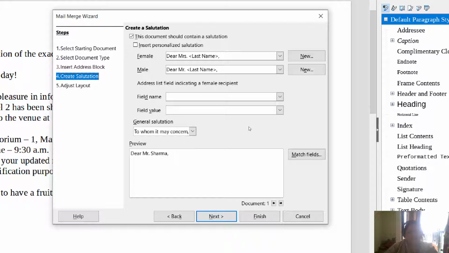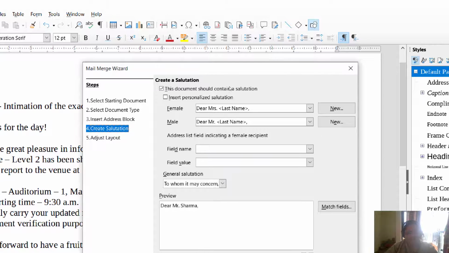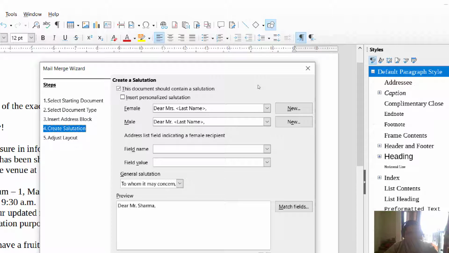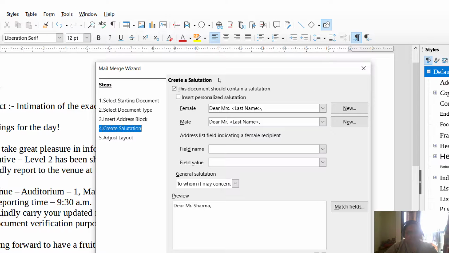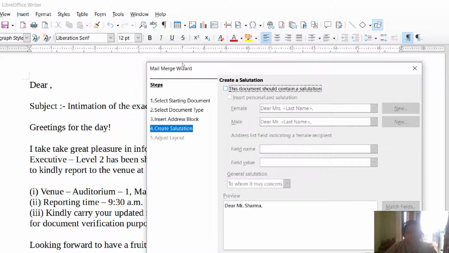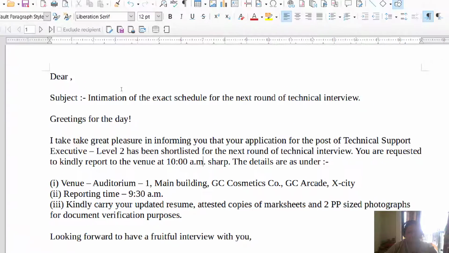In the next step it is creating a salutation, that is, what do you want, like dear Mrs. last name or dear first name and last name, so you can edit that accordingly. We have already taken the title of the person, so we don't need this. I'm going to uncheck this box also and we'll go to finish.